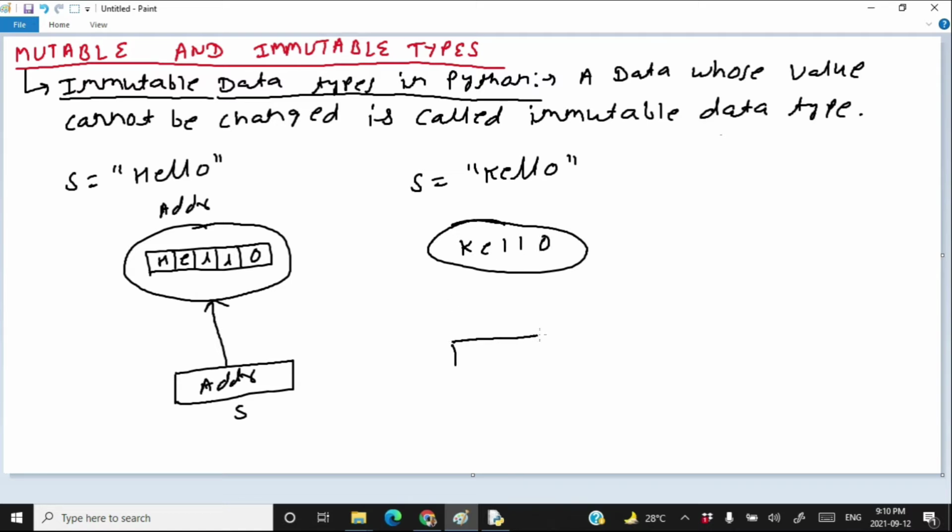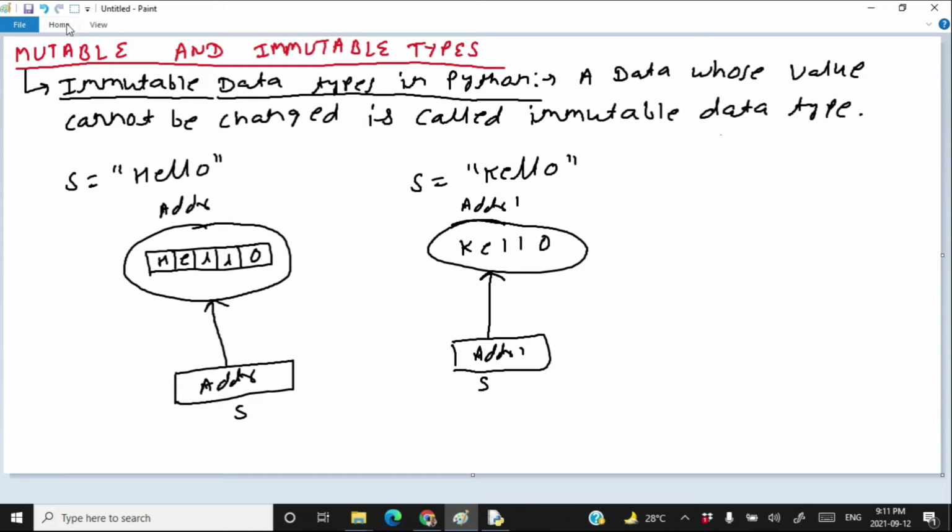The string S will start pointing to it. Suppose that the address of this new string object is ADDR1, so S will have ADDR1. So changing the complete address of a variable is allowed. Okay, you can change the complete address of the variable S.